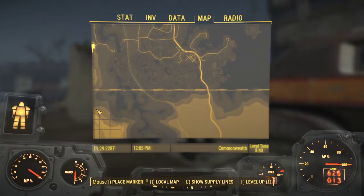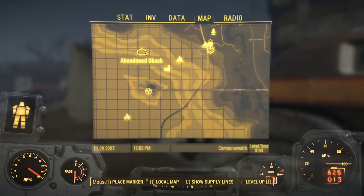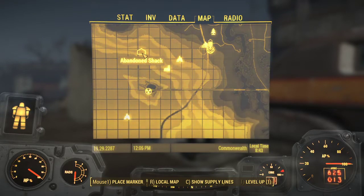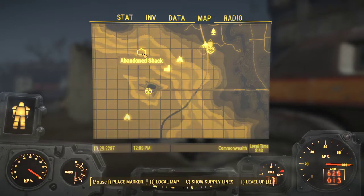I don't have the quest highlighted at the moment, but there would be a quest marker. I think it's over here. I'm not sure exactly where it's at. You guys will also remember I was talking about the abandoned shack. It's actually lit up here. I'm not sure if that's a thing that happened when I went into the Institute and talked to people or what, because it wasn't lit up the last time we went into the glowing sea, I don't think. But